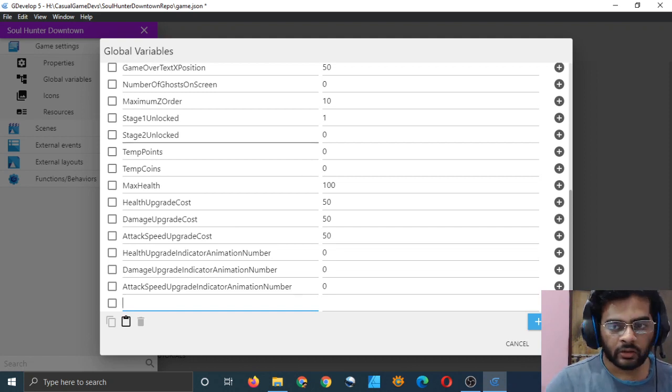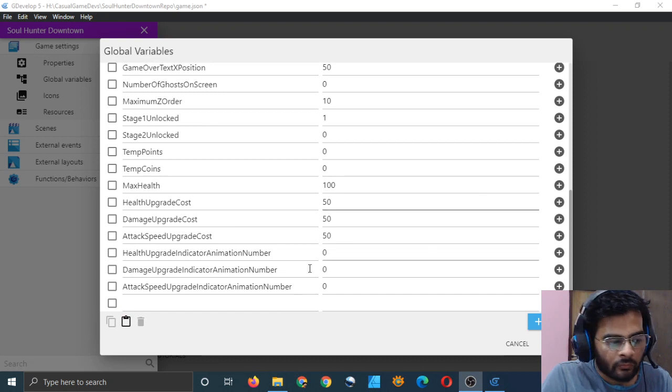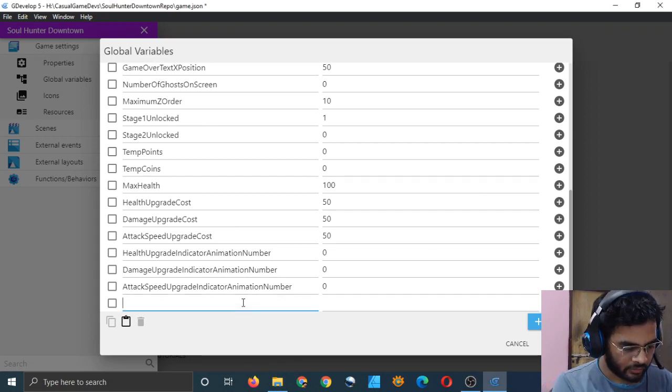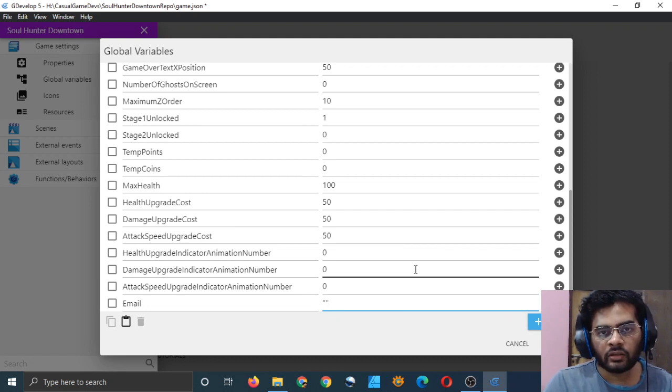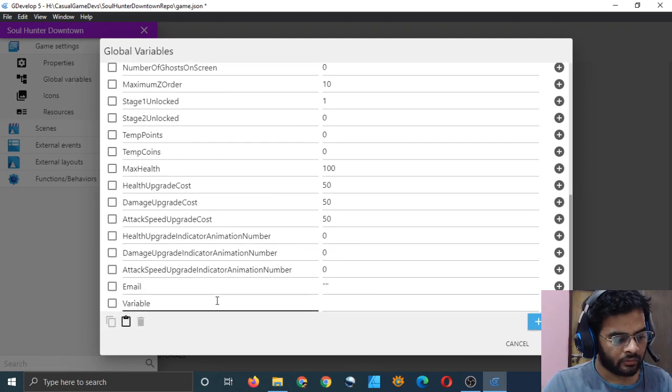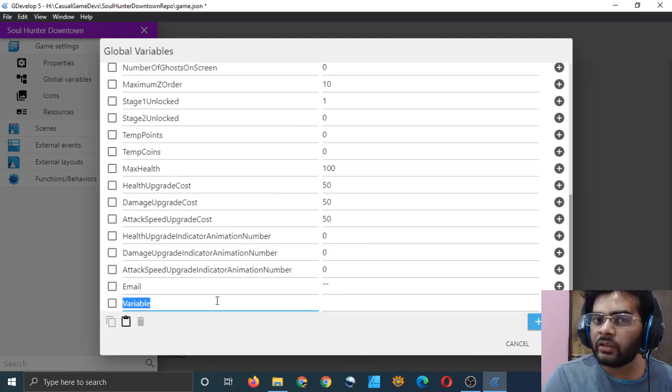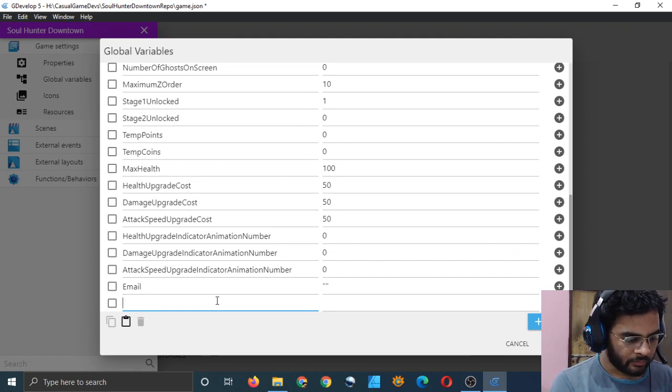First thing that we will do here is that the first variable which we should add here is the email. It will be empty. The user does not have to create an account necessarily. It will not be compulsory to create an account, but they can create it if they want to participate in the leaderboards, right? That will add a social element to the game. That's what will happen. Name, you can type the name, or instead of name type a username.